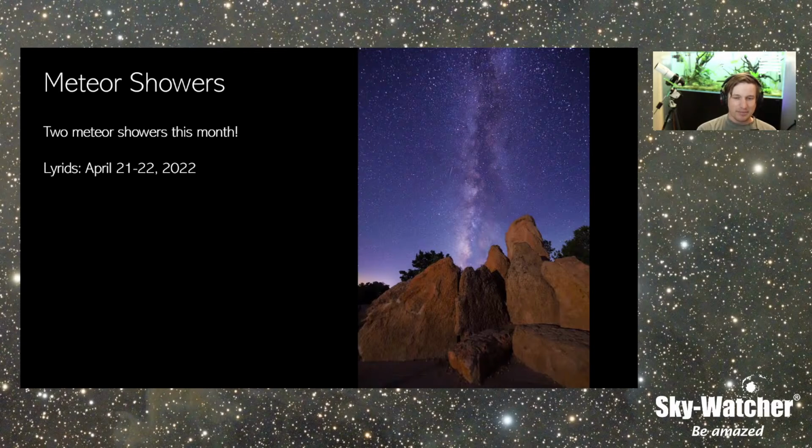We are going to have a bright moon in the early hours of the morning, which is generally the best time to observe a meteor shower. So the Lyrids this month are not really in a good spot. However, the second one, which is the Eta Aquariids on May 4th and 5th, is much better timed this year. We're talking about 10 to 30 meteors per hour. So that'll be a much better